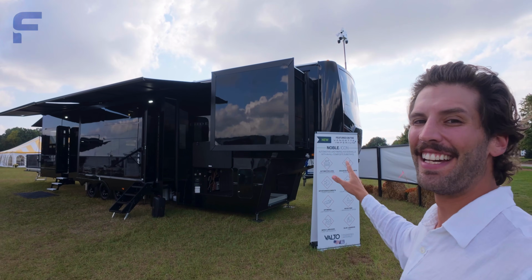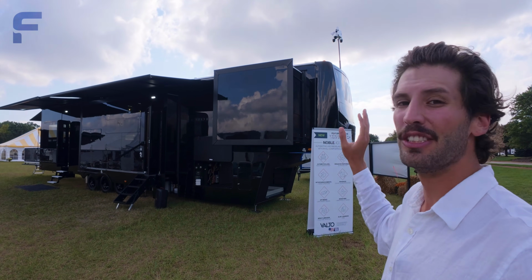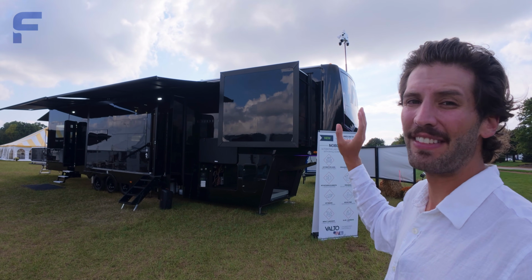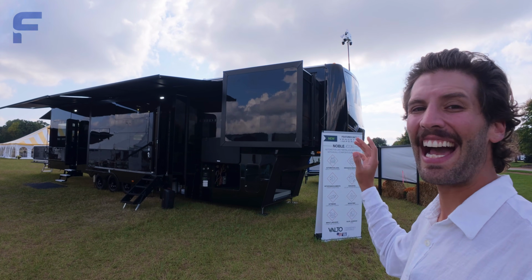Today is finally the day, y'all. We are getting the first look at the new Axiom Vendetta toy hauler. This is one of their two fifth wheel RV options that they will have. This is the toy hauler model here, and if you don't know, this is so exciting because Axiom is a